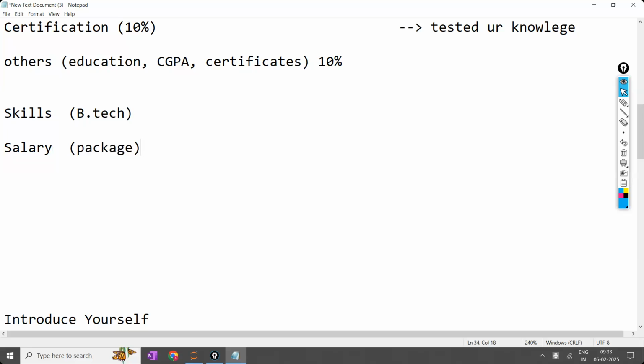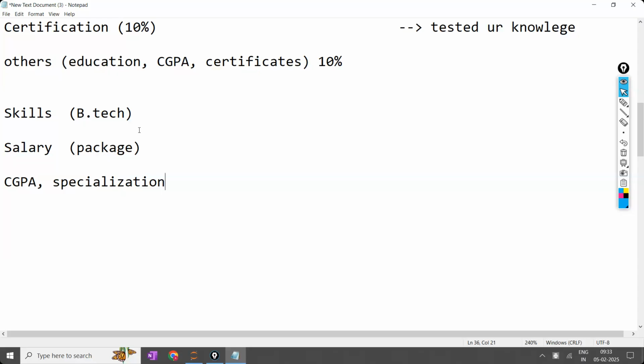When these first two steps are locked, it is common for every student. Then they are going to identify the difference in terms of CGPA and specialization. CSE, mechanical, all these things will come into the picture. That is only in college campus placement it is possible, because there the difference will not be there from one person to another. Will their skills be high? No. All of them are BTech, all of them are freshers, all of them have the same knowledge, all of them have attended the same labs, same subjects, theory, practical, everything is the same. There will be not much difference.